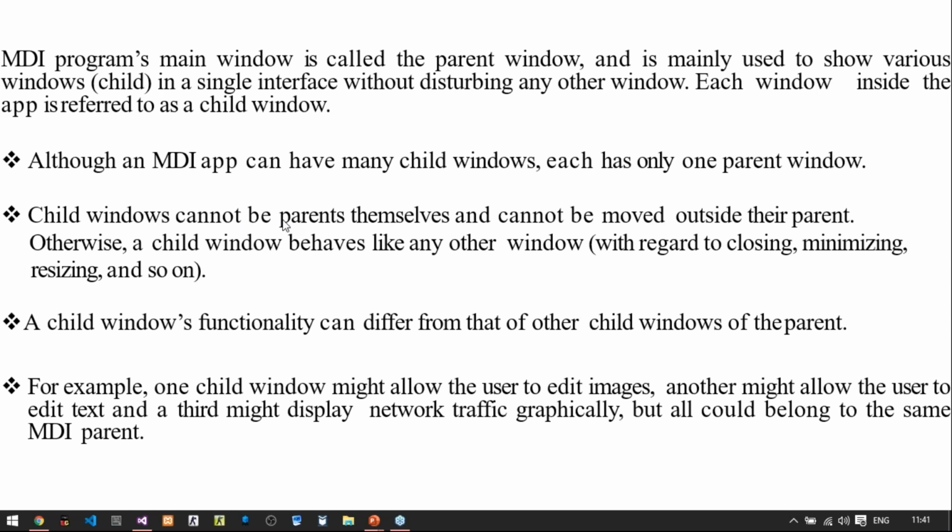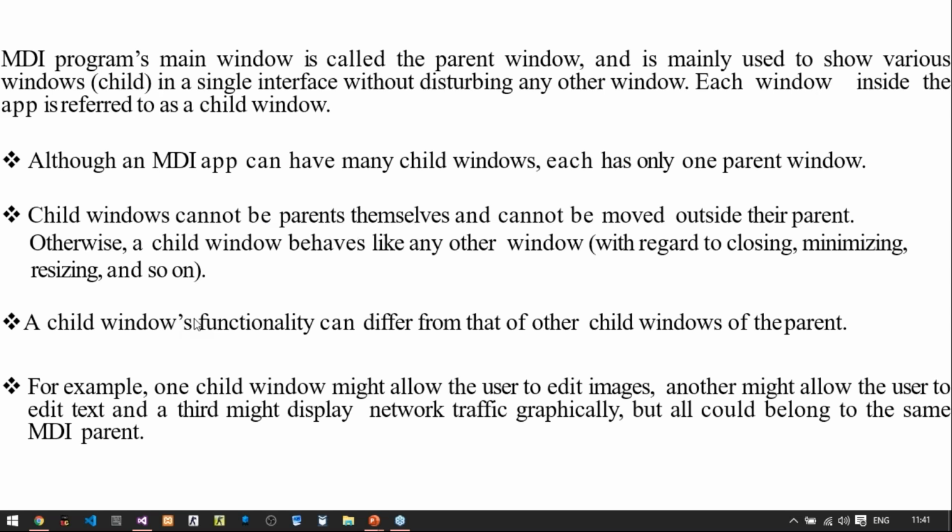Yes, child windows cannot act as parents. They need to be considered under one parent only. So you need to make the child for some parent. If a child behaves like a parent, then it cannot be given as a child form.